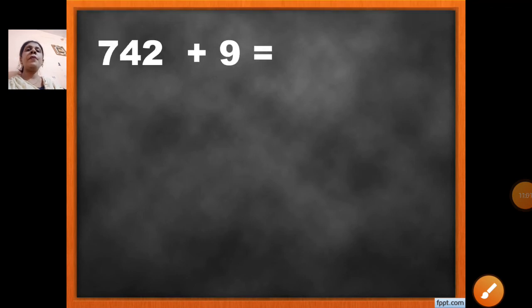Now, next. 742 plus 9. Okay. Now, you might be thinking, why is the teacher teaching again and again single digit numbers? Because children, you have to understand that if there is no number in hundreds place and tens place, how you are going to carry over and how you are going to add the numbers horizontally. Because many times, many children make a mistake. This 742, they add in tens place or they add in hundreds place. Okay. So, remember you have to add units with units, hundreds with hundreds and tens with tens. Now, here you have not made hundreds, tens and units columns.